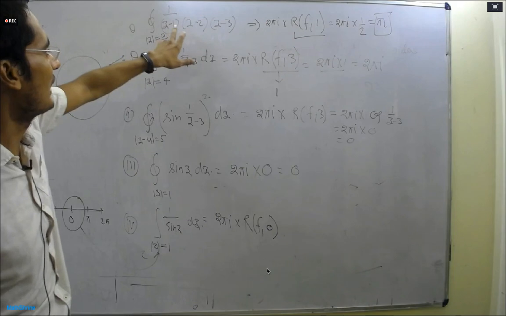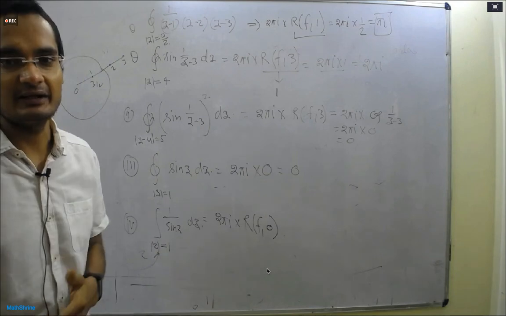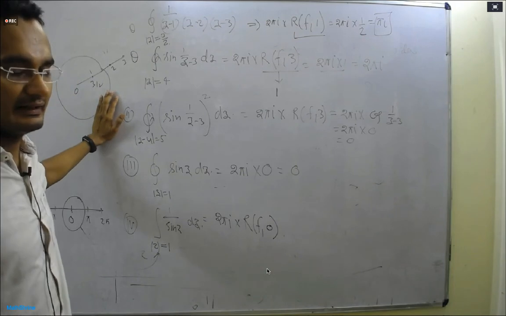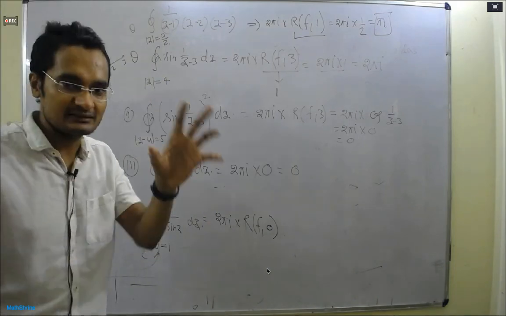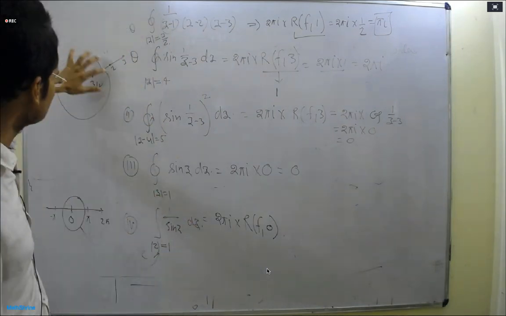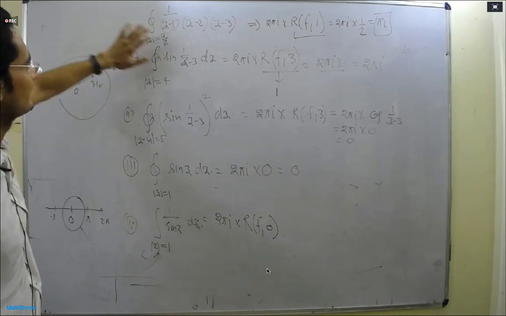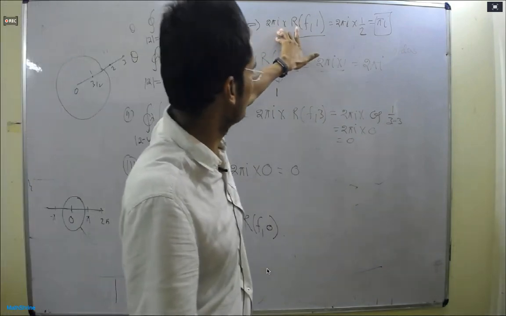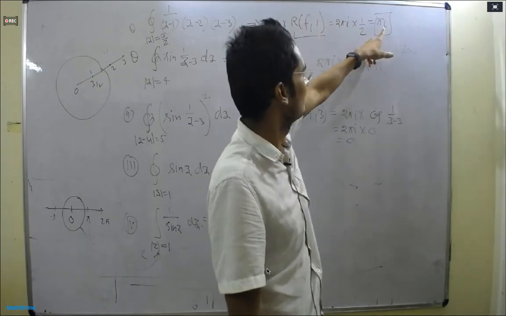Right? So the residue theorem says that the integral of a function over a simple closed curve is determined by the singularities within the curve, right? So inside our curve, only this one lies here, right? All others are outside. So we don't need to take those. So this will be 2 pi iota into the residue of the function at 1. This will come out 2 pi iota, and if you can calculate this, it will come out half. It will be pi iota. Okay, sir. Anybody else have any doubt?